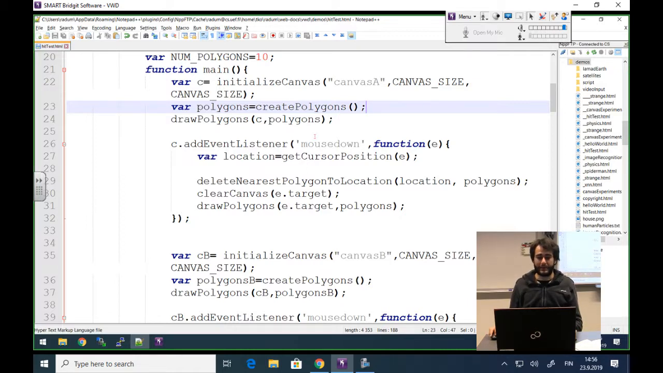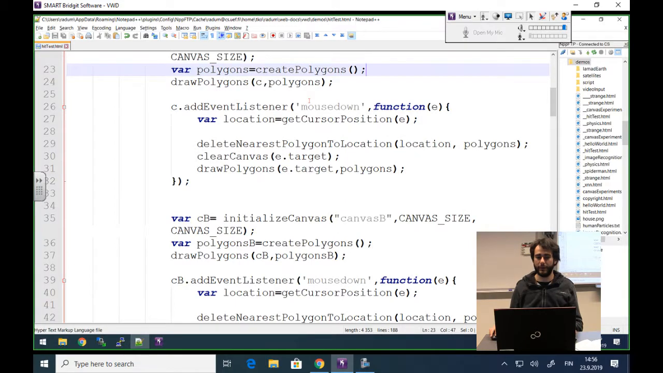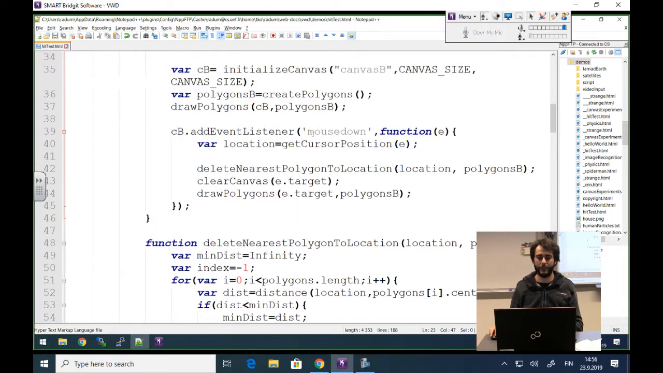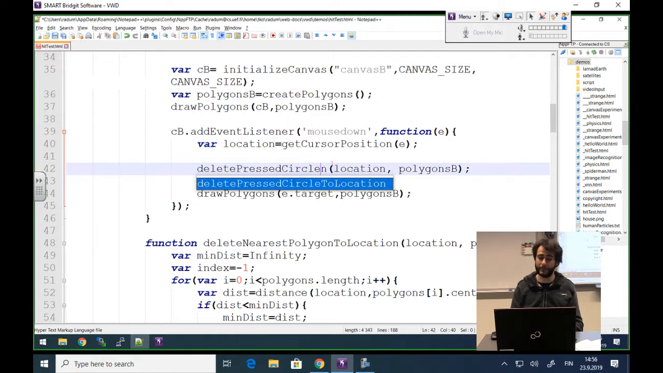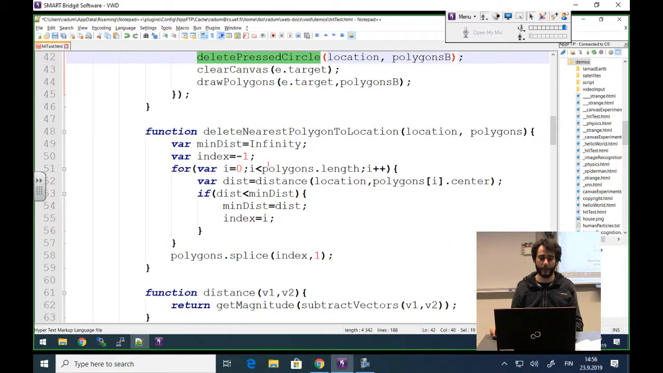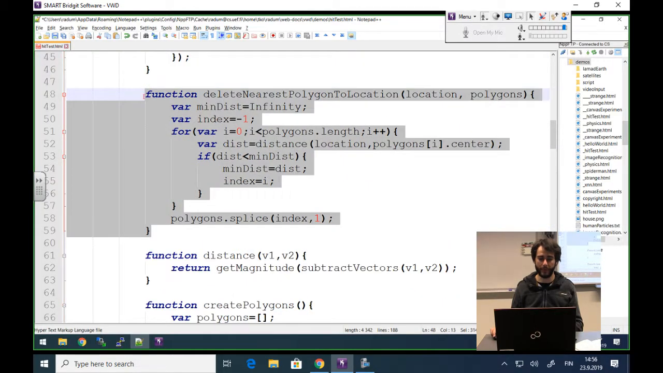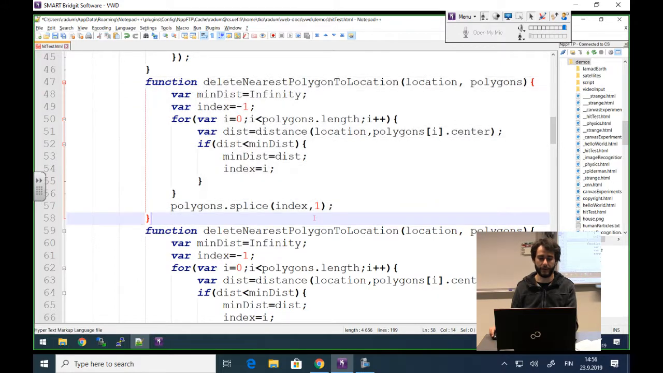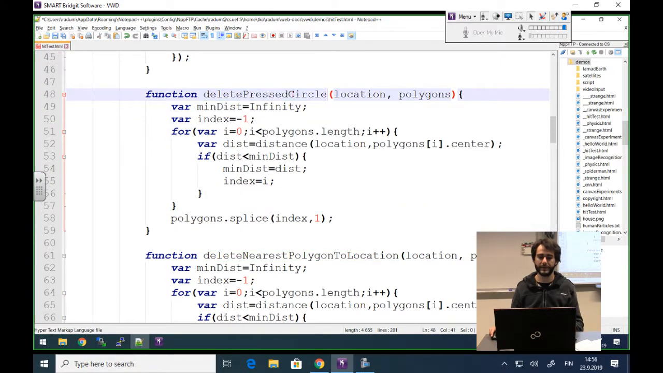Now look at this mess. If I'm going to continue with this example, okay, let's continue with this example. Delete pressed circle, a new function. So now I'm actually going to detect when you are pressing the circle. I'm going to copy this delete nearest polygon function from here. Delete pressed circle, I still have the location, I still have the polygons, but what I'm going to do here is update this minimum distance only if